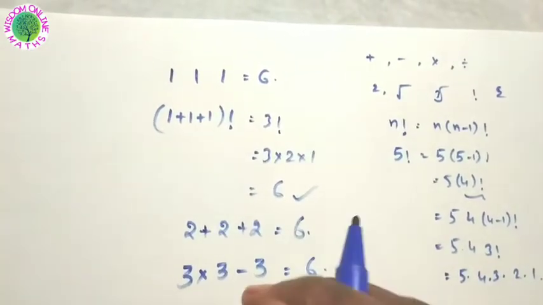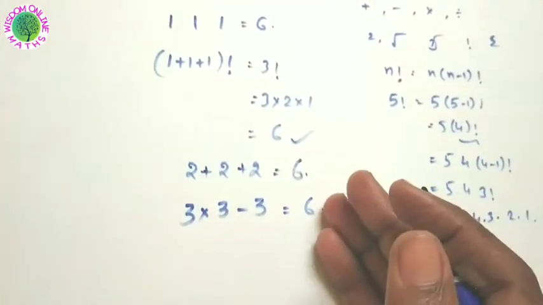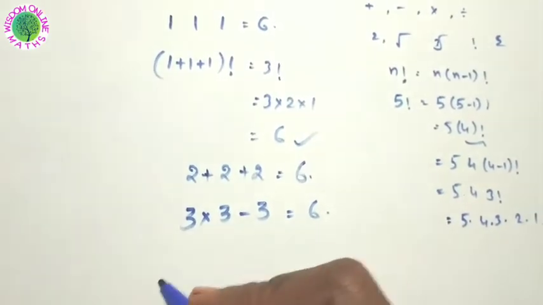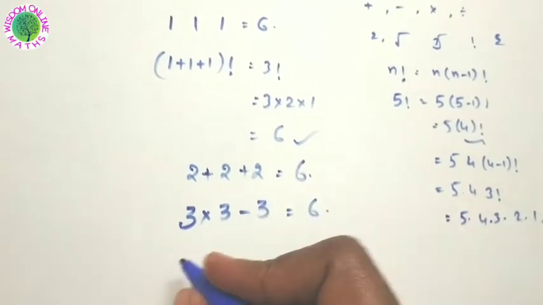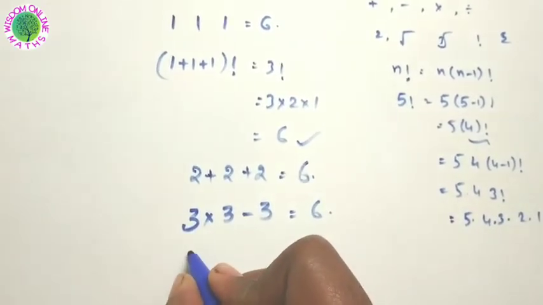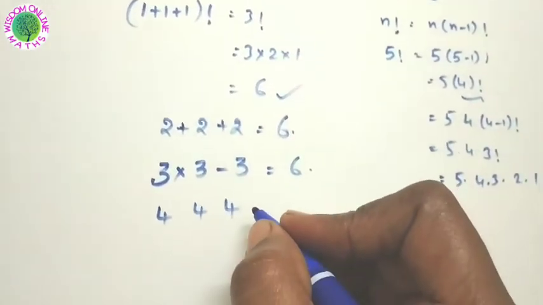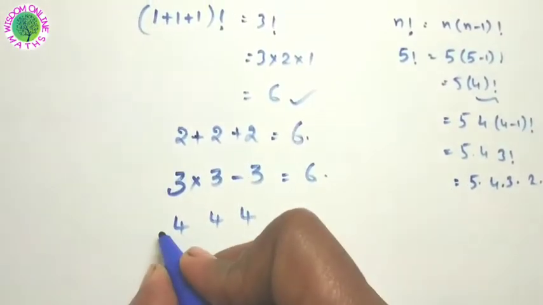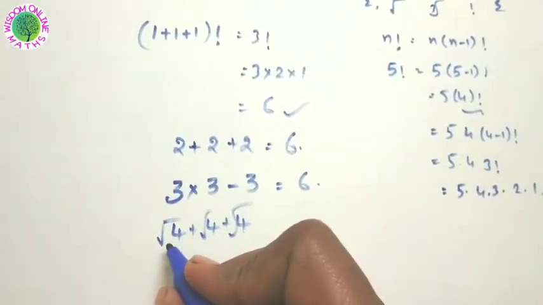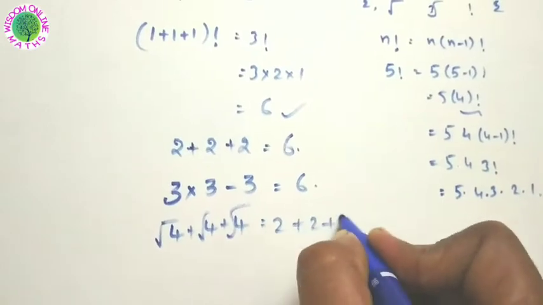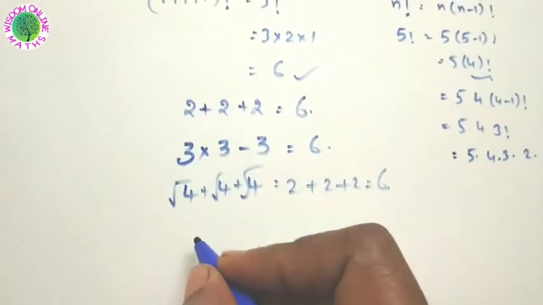Bottommost rule: you have to give the preference first to multiplications and divisions from left hand to right hand side. I told that before. If you have any doubt, please check my playlist; the Bottommost rule video is there. Okay. Next, see the third, fourth line. You have to use 3 fours. How is 6 coming on the right hand side? I am applying the square root first. After that I am adding: square root of 4 is 2, plus 2 plus 2, like that 6 will come.